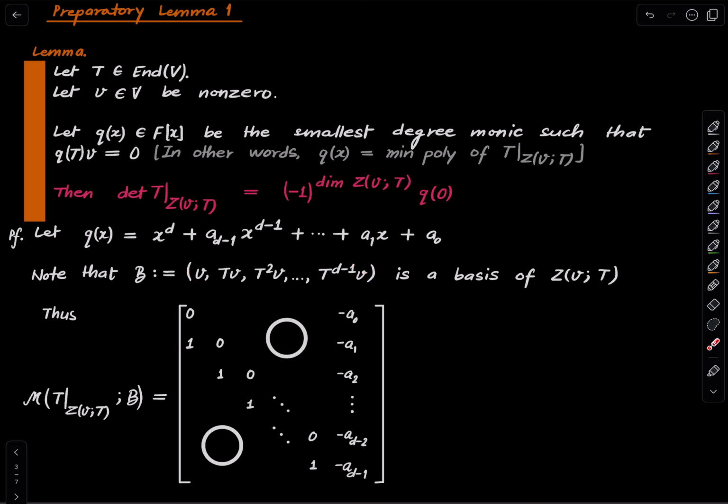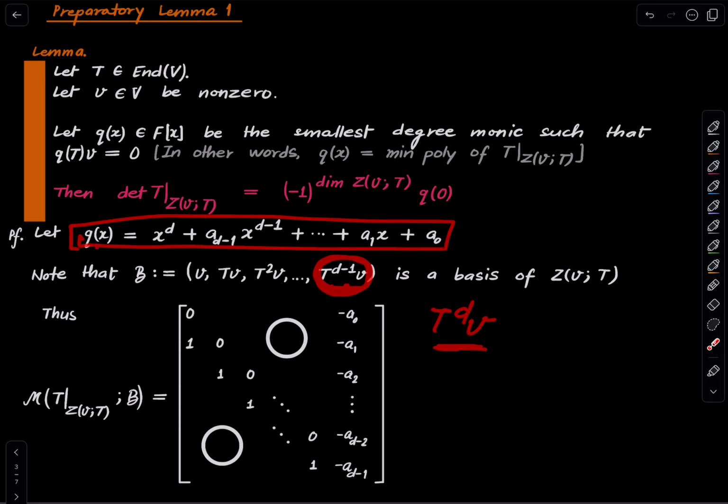But what is T to the d, or rather, what is the image of this under our endomorphism? The image of this under our endomorphism is this thing. And to find out the coefficients of all the basis vectors, which are used to express this as a linear combination, we will use the fact that